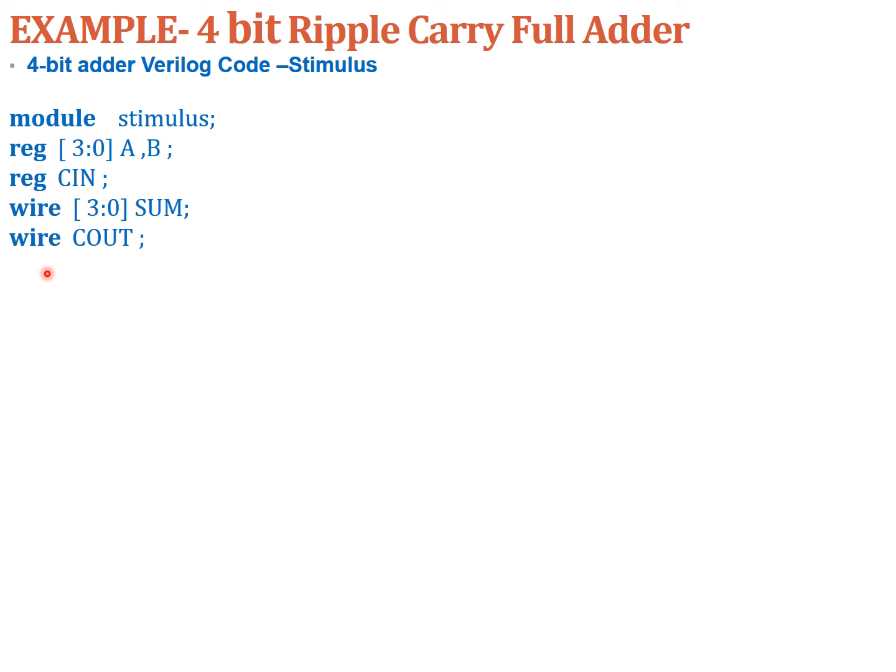Once the declarations are done, we have to instantiate or call the design block. The design block was ripple adder 4. So we have called that, given a label, and we have to pass the variables in the same order in which we have defined this module. In the previous module, I had listed sum, Cout, A, B, C in, so it has to be passed in the same order because this is pass by order. And then we have to initialize or give values to these variables. So using the keyword initial and then begin, because we have a block of statements, let's start initializing.